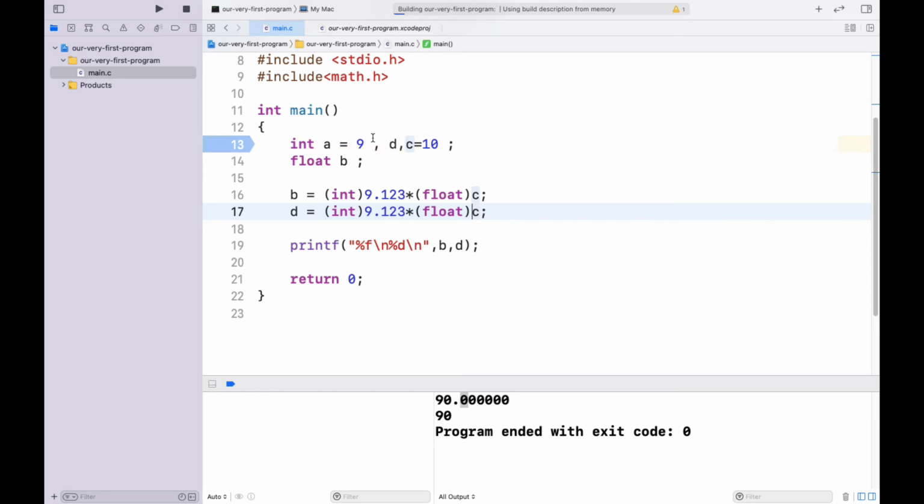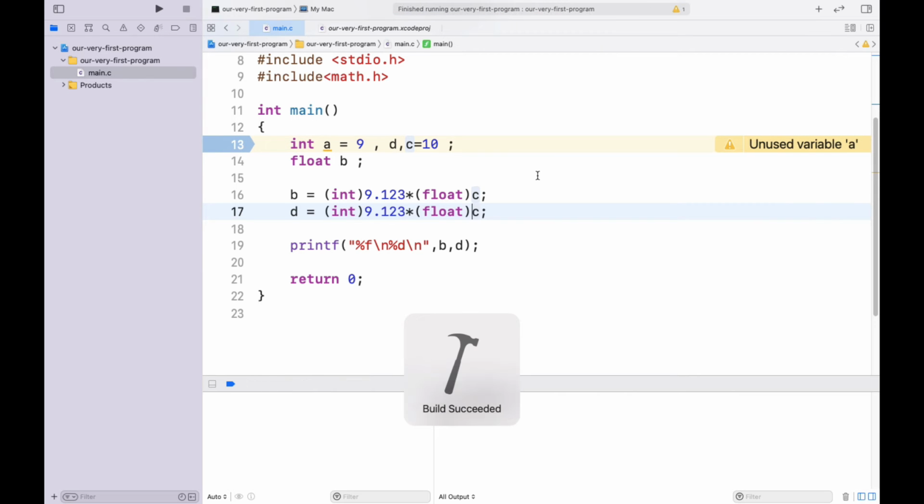What should we expect as an answer? Again we are getting 90.0000. In case of explicit conversion, firstly 9.123 is getting converted into 9.